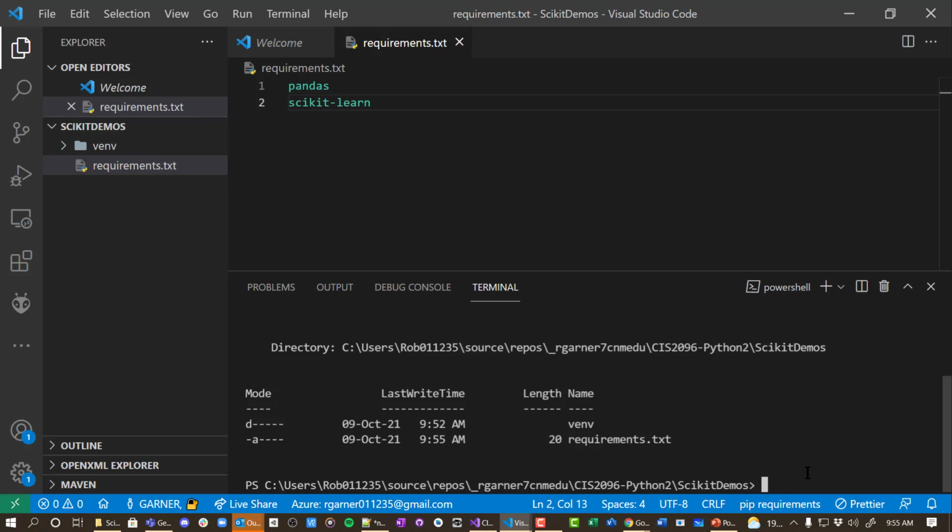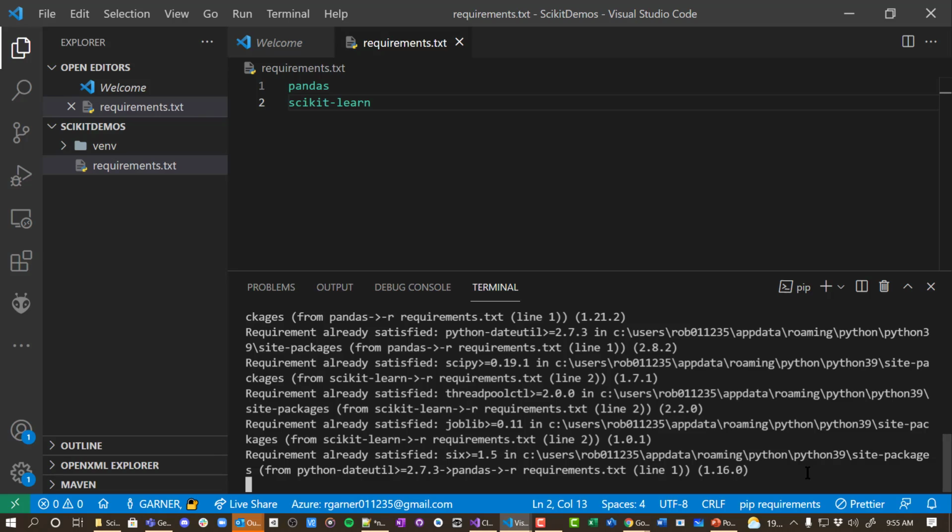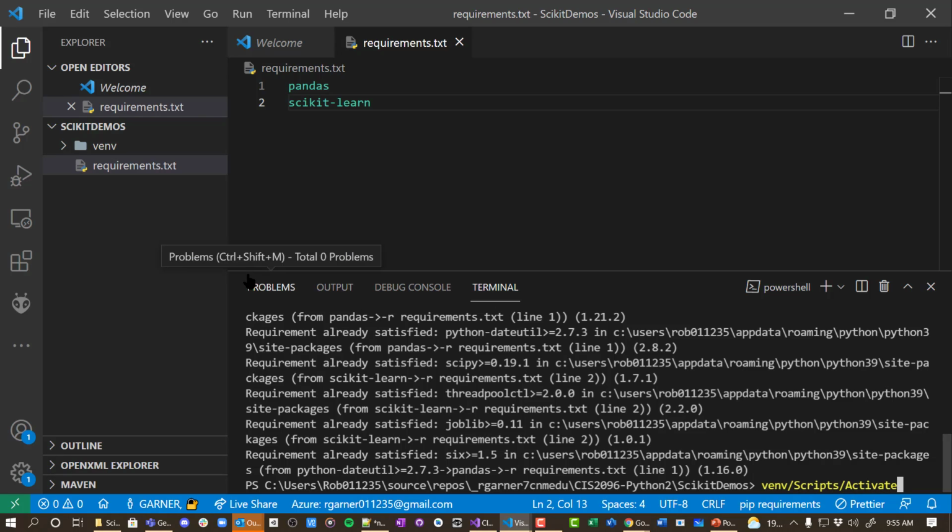there it is, requirements.txt, we'll say pip install -r, if I remember correctly, requirements.txt. And this will now install all of these requirements. Oh shoot, before I do that, I forgot, I need to activate my virtual environment. So we're going to say venv/scripts/activate, and that's going to